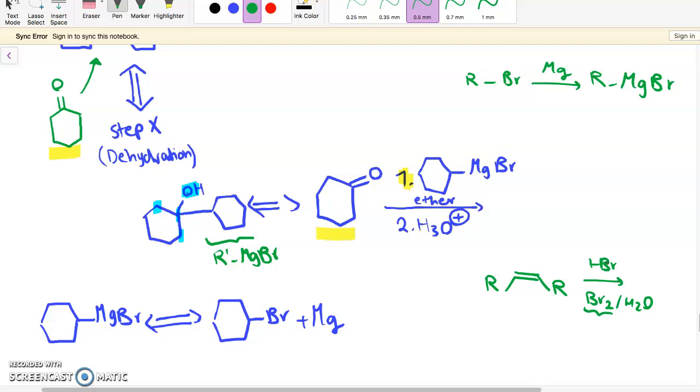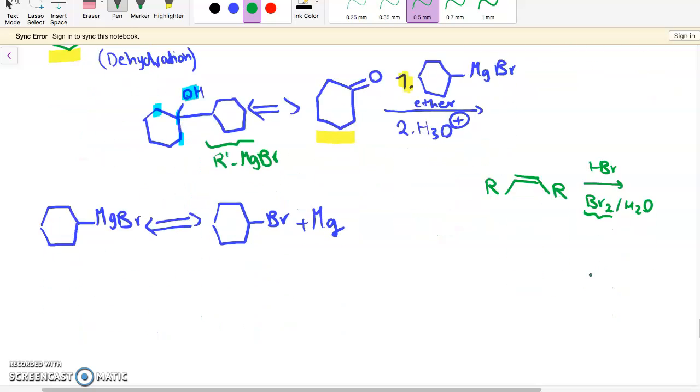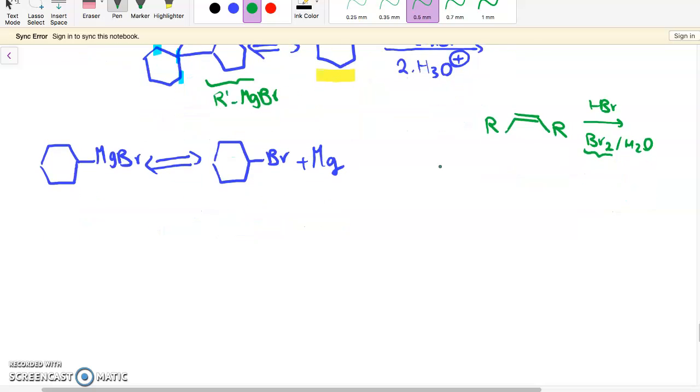How else can I add bromine? What other functional groups? So let's think about alcohols. I know that I can add bromine to alcohols. I'm just drawing this as a secondary carbon to mimic what we have here. I know if I add something like HBr, it's going to